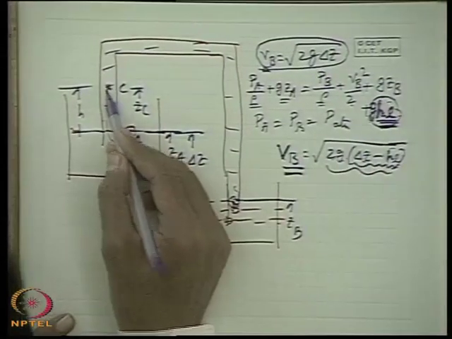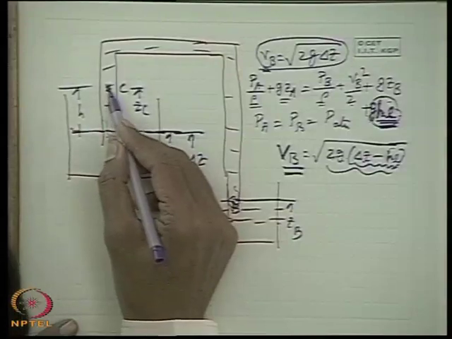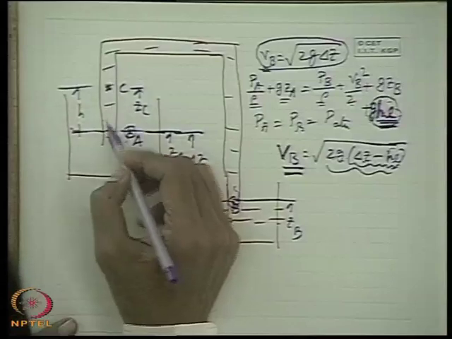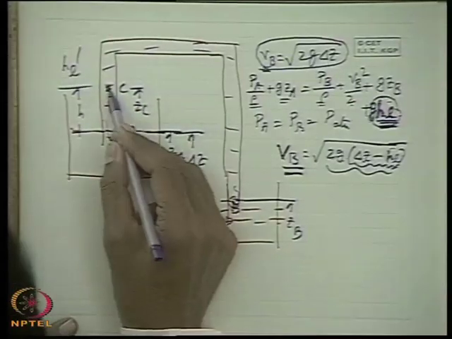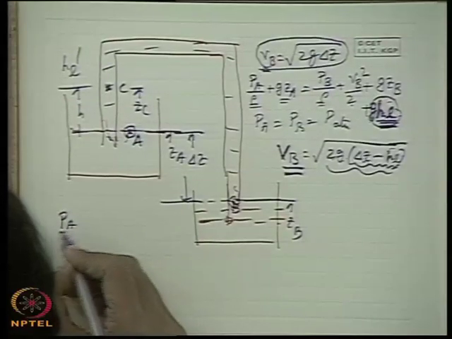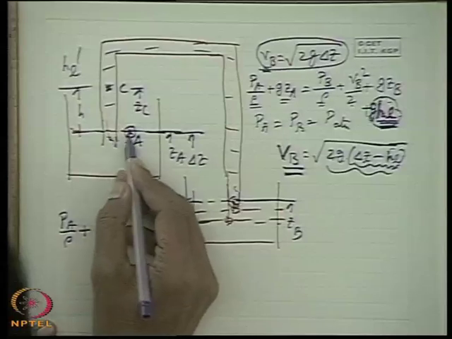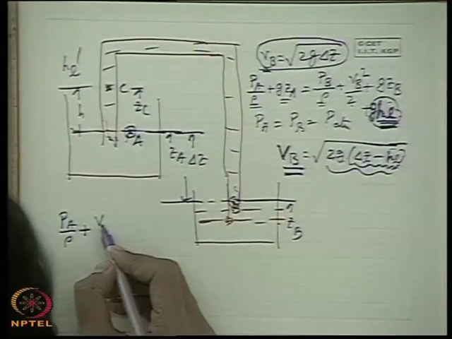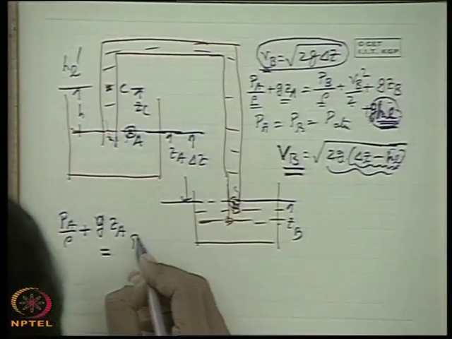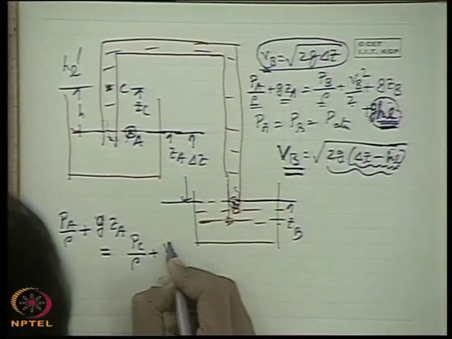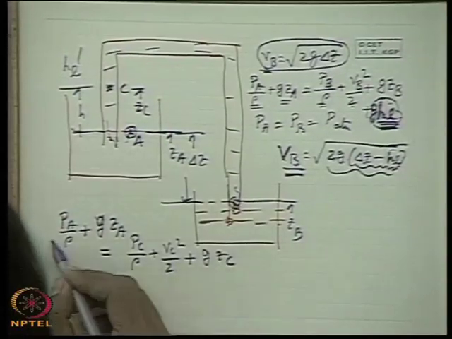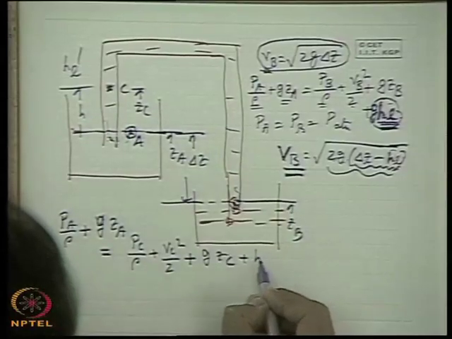Now if you write the equation here and here considering the loss term, and if you consider the frictional energy loss per unit weight, or loss of head due to friction per unit weight, is HL dash, between A to C, then I can write again the same equation which we wrote earlier: PA by rho plus VA square by 2, that is 0, plus GZA is equal to PC by rho plus VC square by 2 plus GZC. So this energy is to be more than this by the loss HL dash.